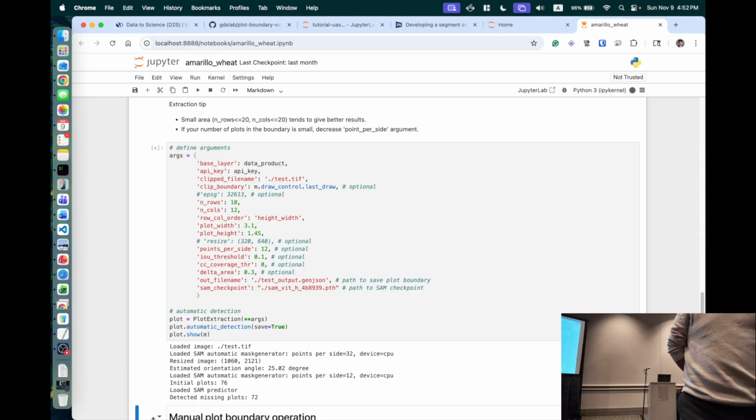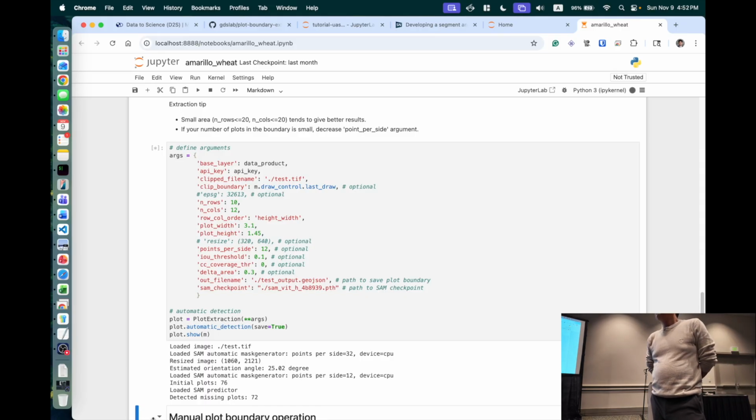Can we do single rows with this? Single row? You mean as long as you have enough space in between, I don't see any reason why you cannot. I haven't tested it though. Maybe you can just try it out and see how it works.